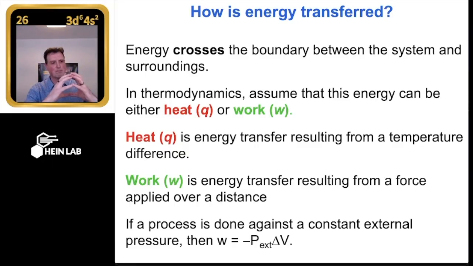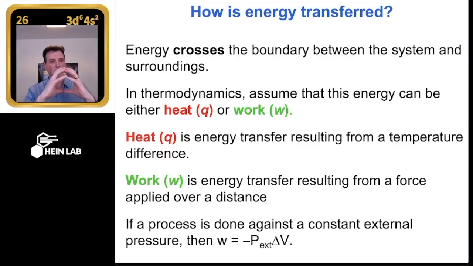Now look at that too. If delta V is plus, what is the sign of work based on this equation? Delta V is positive, P external is just a value. The sign of work must be minus, negative. Okay, does that make sense? What are we saying with that? A balloon got bigger. Did the system lose work or gain work as the balloon got bigger? Yeah, it is negative.